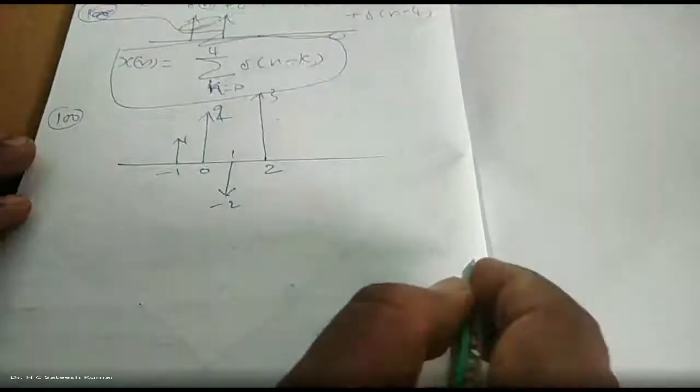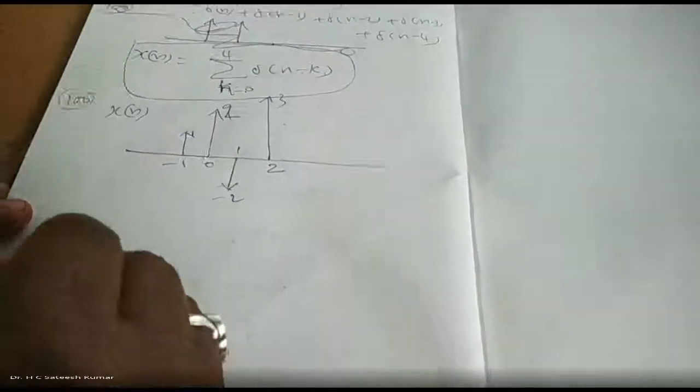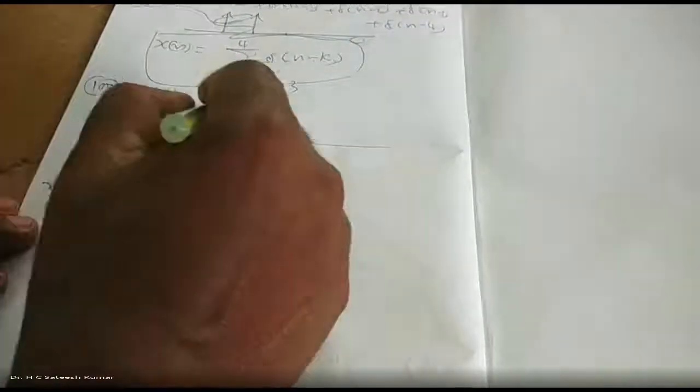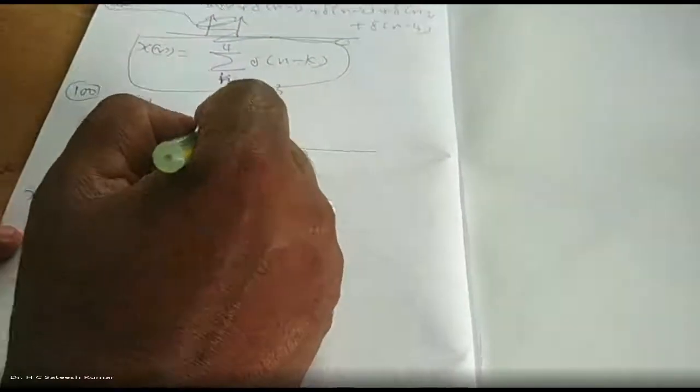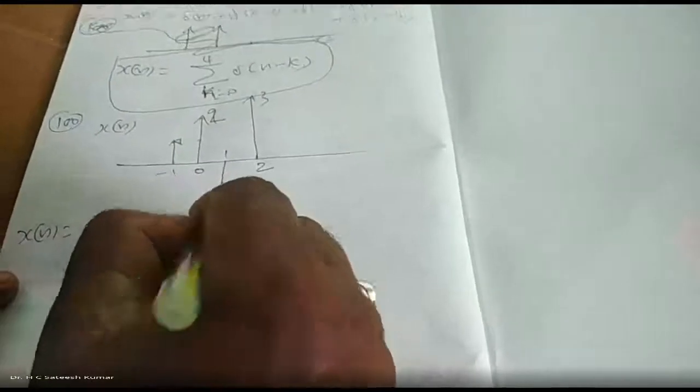Okay. How to represent this one using elementary signals? We can represent it using step as well. Now, what do we have? At -1, go up by 1 unit. x of n is equal to what? u of n plus 1. Up to this point, it will be there. At 0, up by 1 more unit. Plus u of n. So 1 unit extra. So now we have gone to 2.